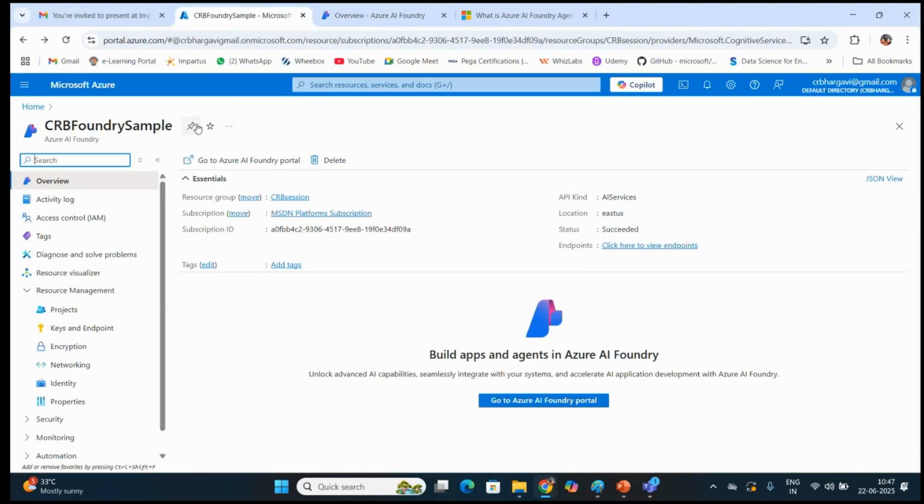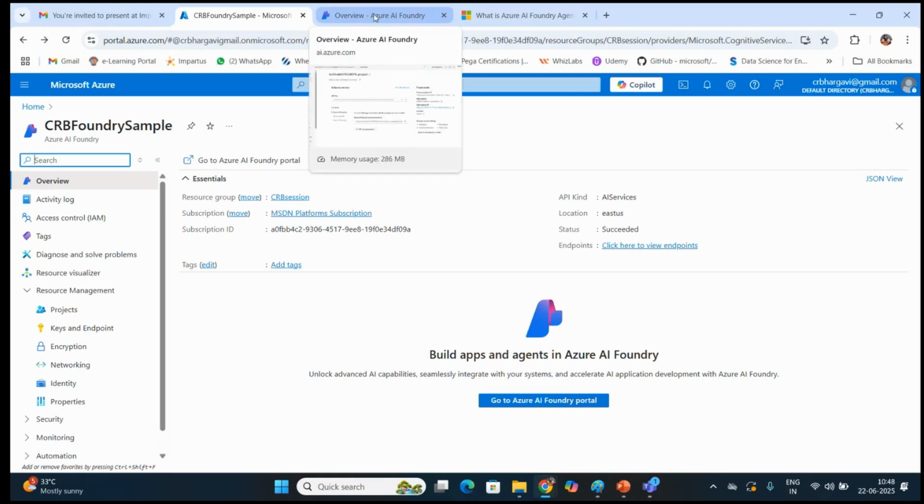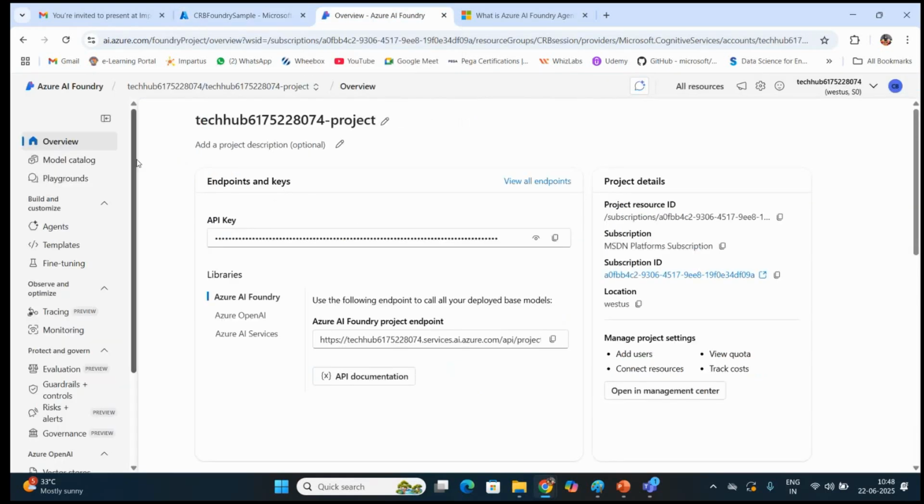inside the Azure AI Foundry portal, it would assign some kind of agent ID that your project will be having.